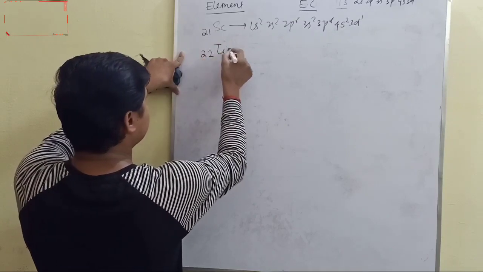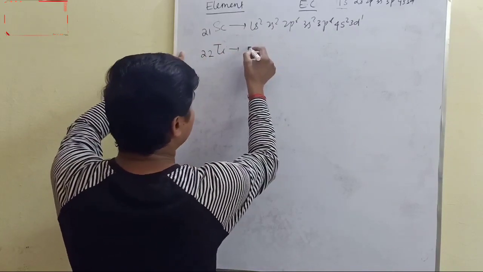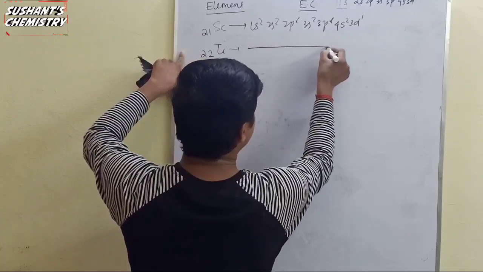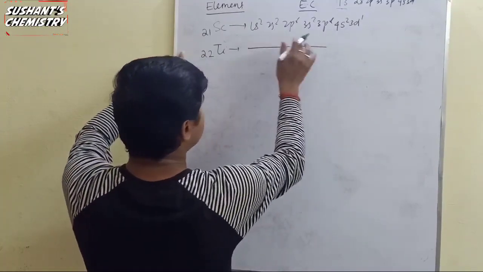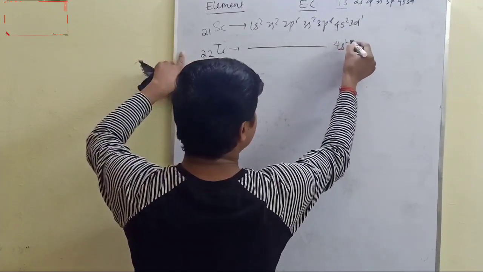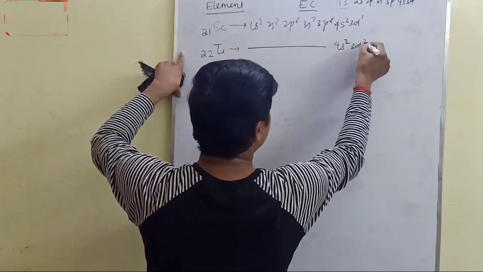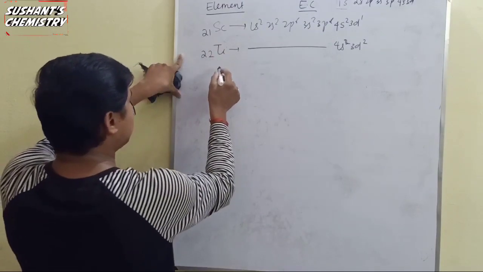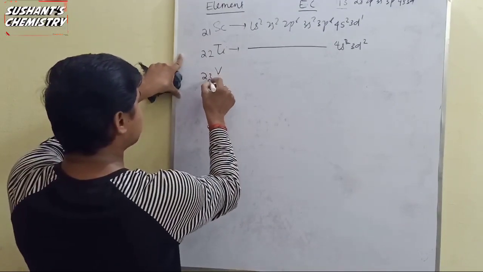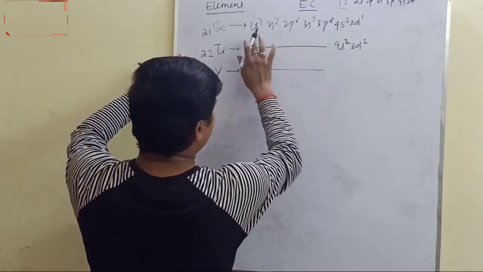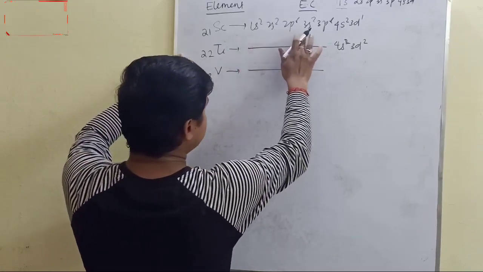Titanium 22, similarly 1s2 2s2 2p6 3s2 3p6 4s2 3d2. Vanadium 23, similarly 1s2 2s2 2p6 3s2 3p6